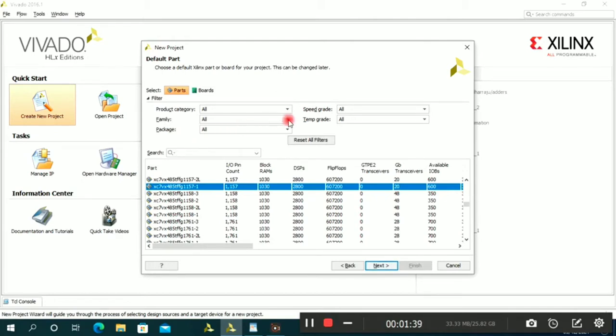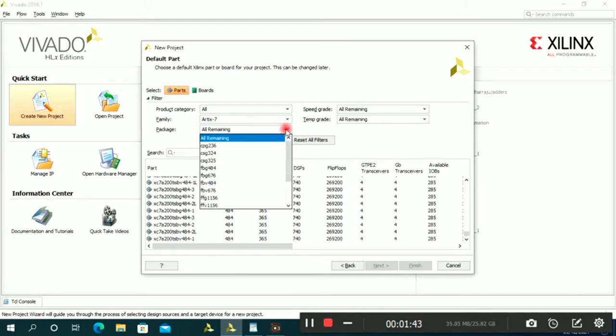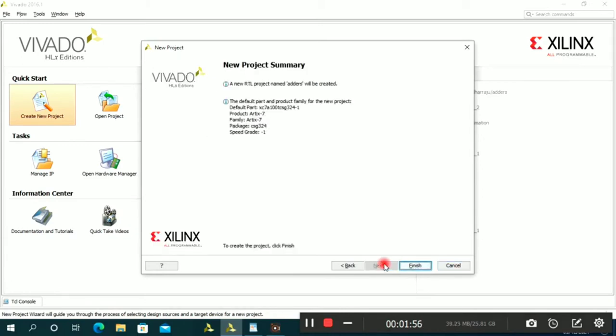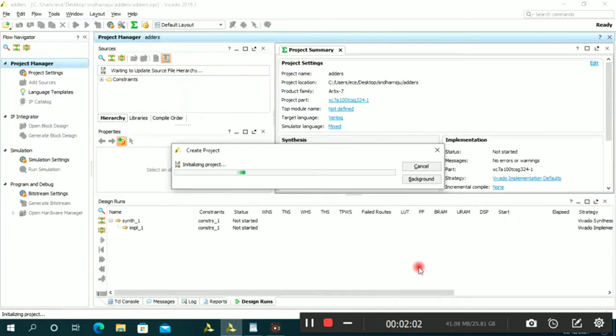In my case, it is xc7a100t, and the package is csg324-1. Then next. Click on finish. Now one project is created.